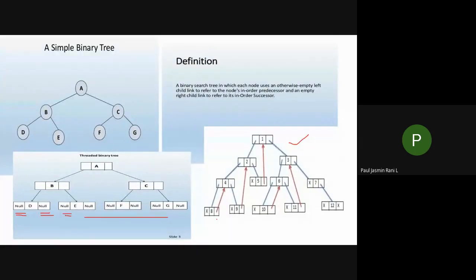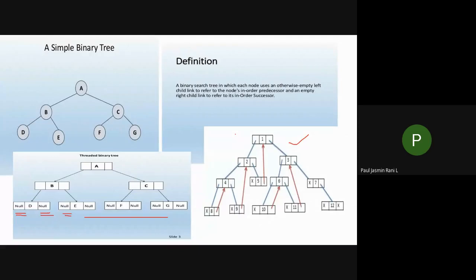So in order to do your traversal faster, we introduced the thread concept in your binary tree, so that we call it a threaded binary tree. Okay, can you follow this one? In order to do your traversal faster, in data structures they introduced the thread concept in the binary tree. When the threads are introduced in both the left and right, we call it a double-ended threaded binary tree or two-way threaded binary tree.